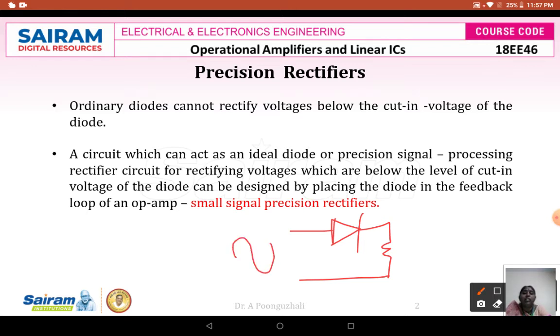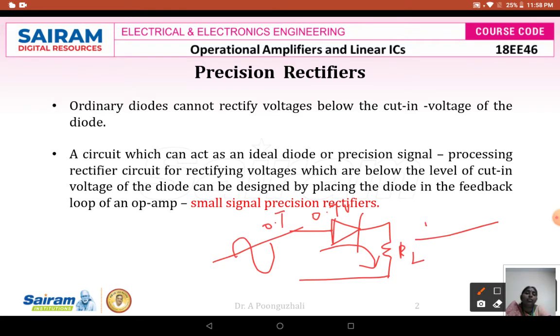For this diode to be biased, I need a minimum voltage of 0.7 volts. So initially, if my input voltage is 0 volts or 0.1 volt, it is not greater than 0.7 volts. In that case my diode will not be forward biased and no output current will flow. When my input is slowly increased and reaches 0.7 volts, or goes greater than 0.7 volts, my diode will conduct. Only when the diode conducts will current flow across the load resistance and I will have an output voltage.